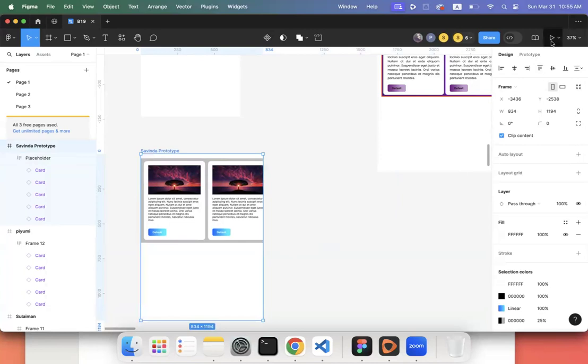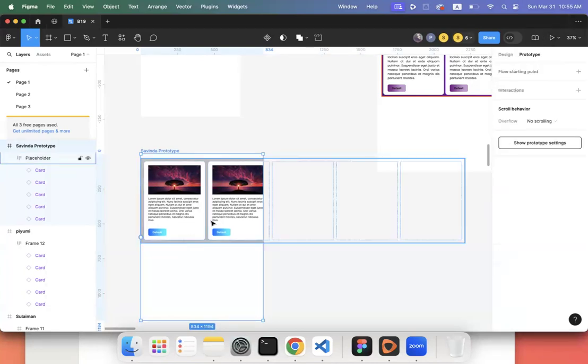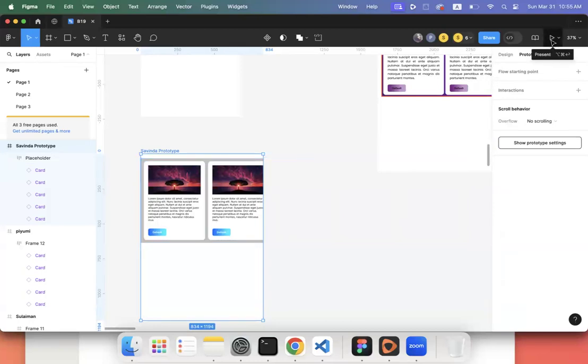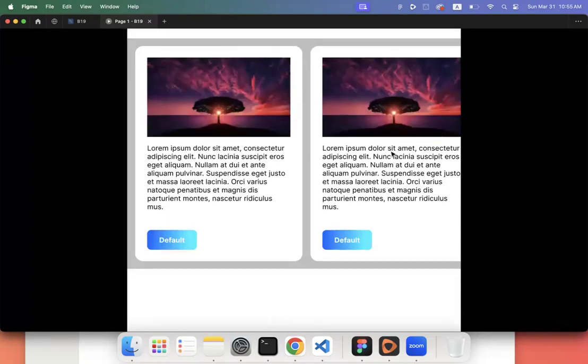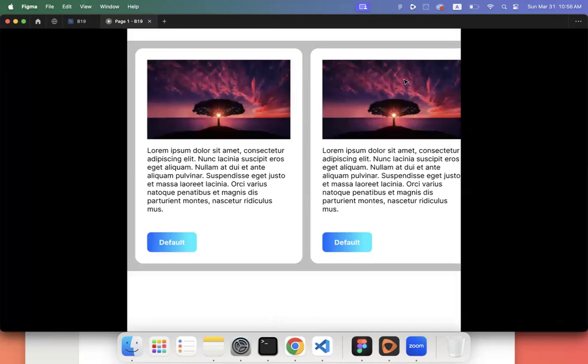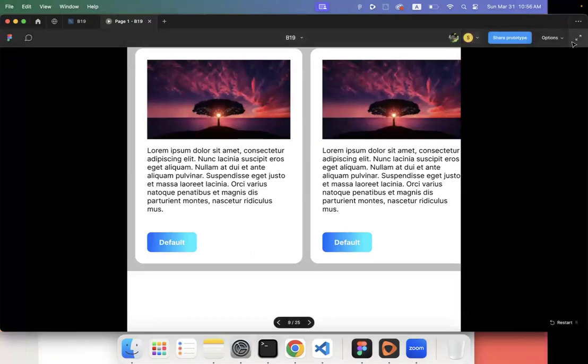If I go to the prototype tab, the present tab, and click on this play button, it will show me the prototype I created. Right now it won't scroll. So it is just there. So in order to make it scroll,